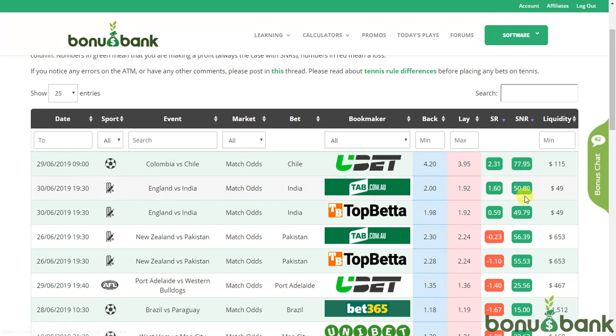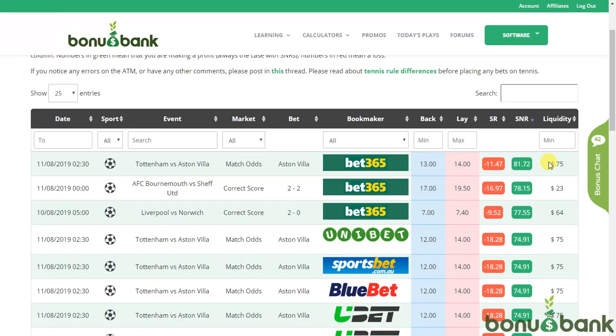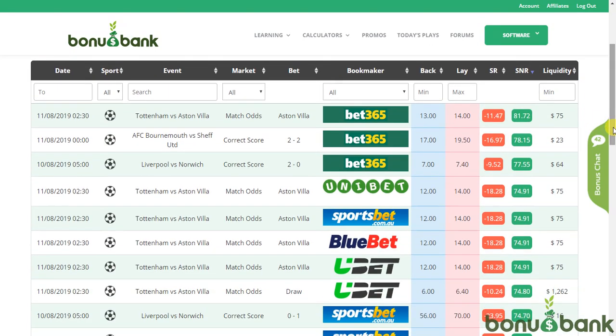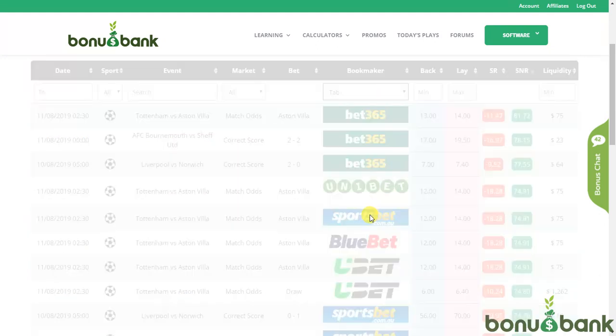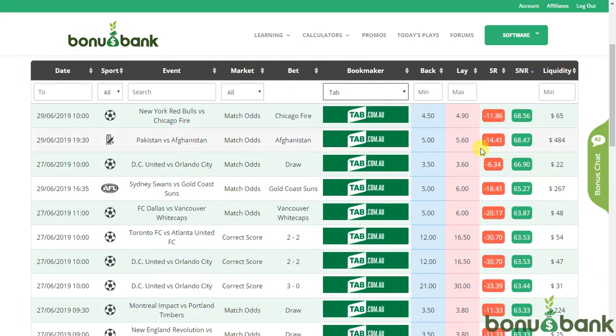So when we're placing a bet using a bonus bet, we're going to want to sort the column to get the highest possible return from our bonus bet. And you do that just by clicking on SNR, and that's going to show me my different options. So you can see I can get 81.72 here, and lots of different options. We were betting at Tab initially, so let's see what the highest return we can get at Tab is. And you can see here at the moment it's not great, we're getting 68.56, but that can change during the